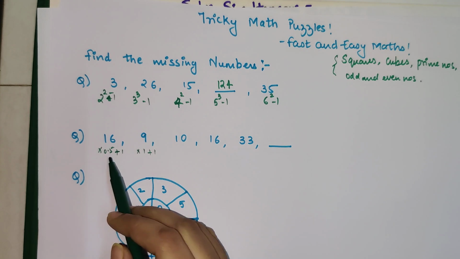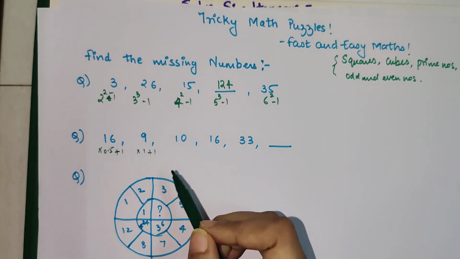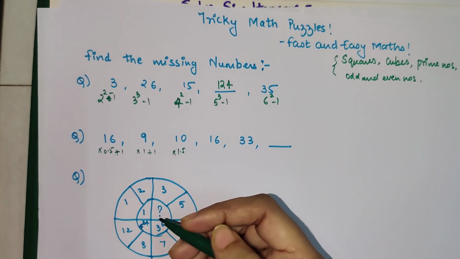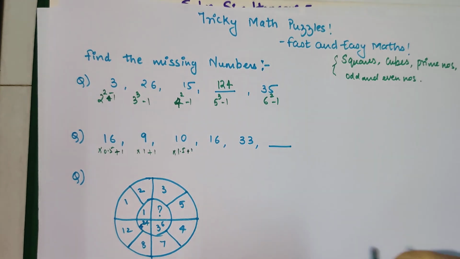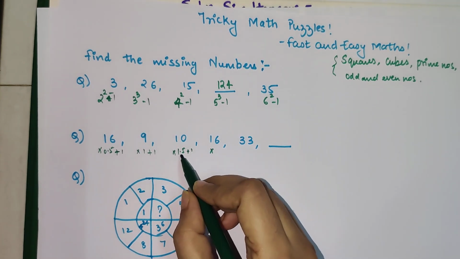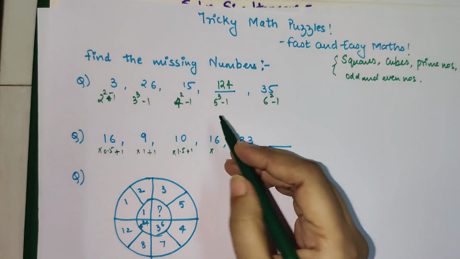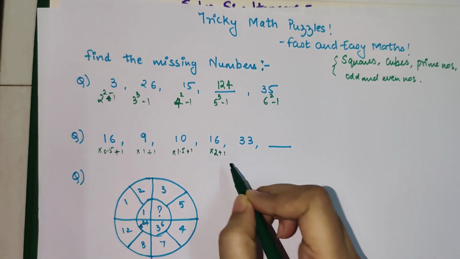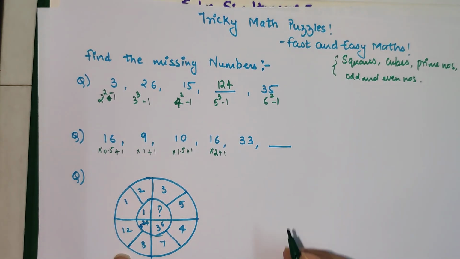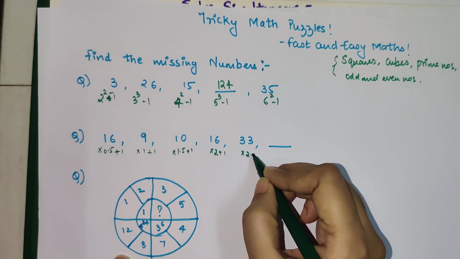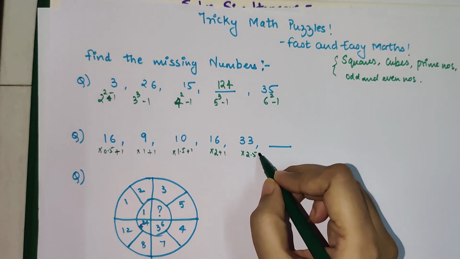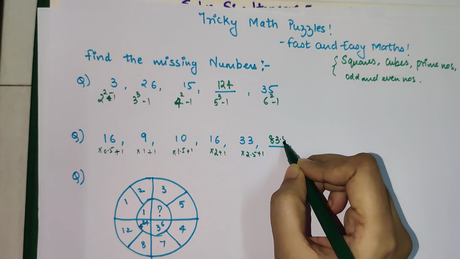Okay. So since we have increased this by 0.5, we should increase this by 0.5 as well. So you do this by 1.5. So 1.5 into 10 will get you 15, plus 1 will get you 16. So that is what you are looking for, right? Similarly, this you will multiply by what? Now increase 1.5 by 0.5. So you will get what? A 2, and then add 1 to it. So 16 into 2 is 32, plus 1 will get you a 33. Now just multiply this by 2.5, and when you multiply this by 2.5, you get 82.5, and you add 1 to it, you get 83.5.